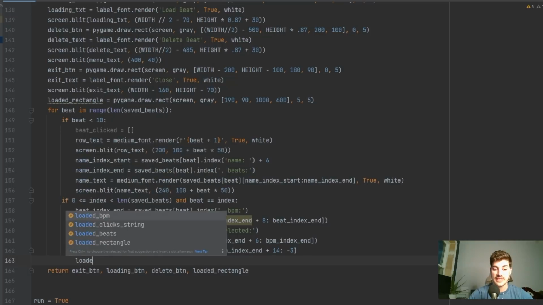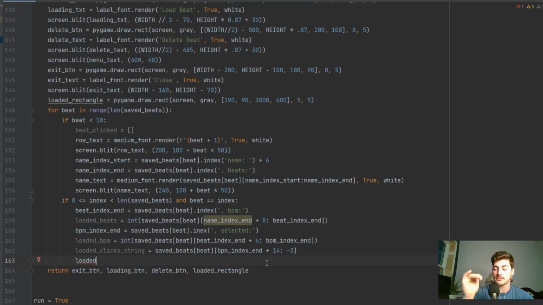Now we have to split that string into a list, and to do that we're going to use the built-in split function, but we have to tell it what to separate each list item on. So we're going to split it. We go down to loaded clicks, and we are going to call this now a rows, because we have to split this twice, right? It's currently just one long string. We need to split it into a list of strings, and then we have to split each string into actual ones and negative ones. So to do that, we create this intermediate list, which will be loaded clicks rows, and